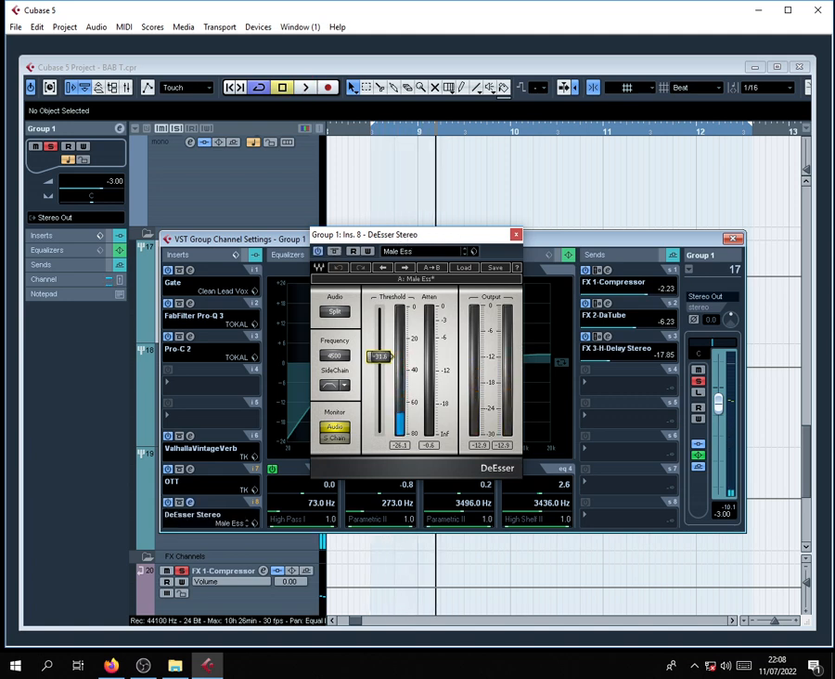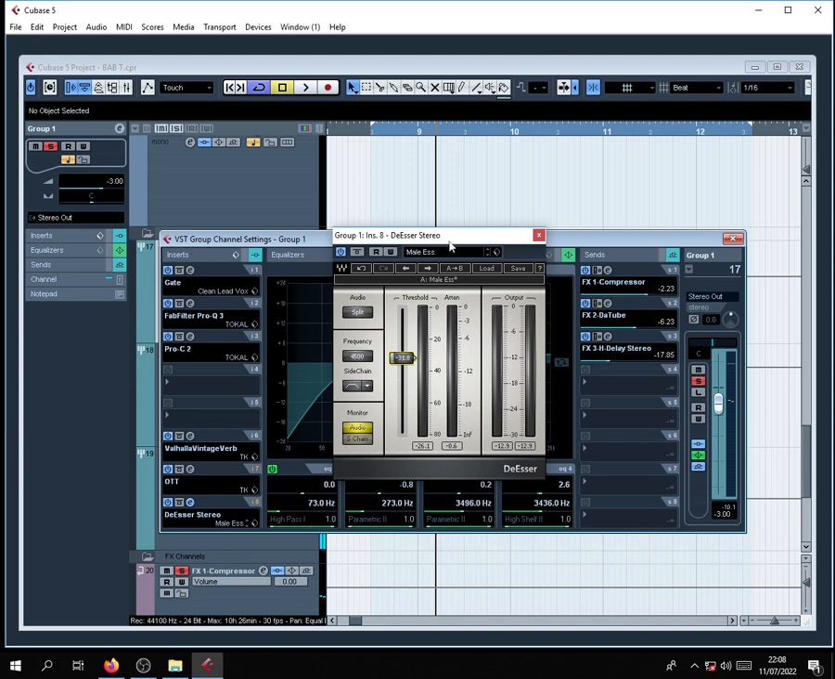you can see, if this attenuation turns red to a certain value here, it means this de-esser is